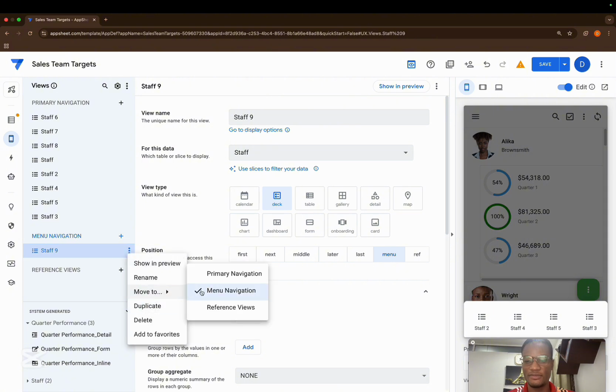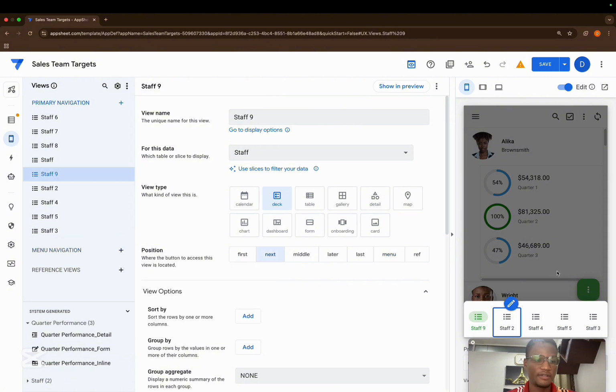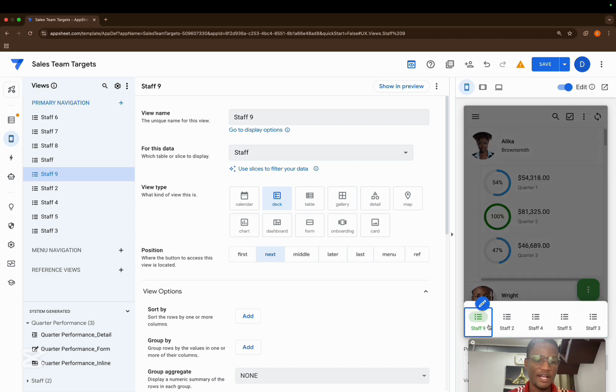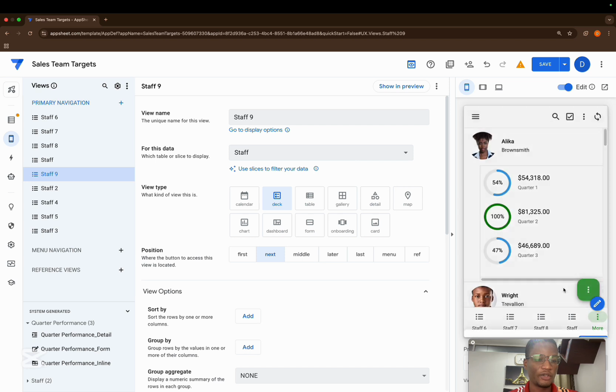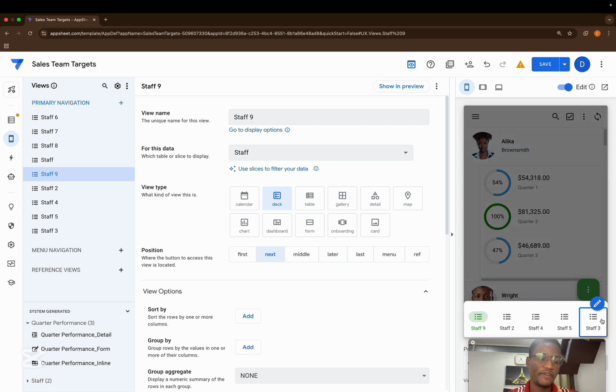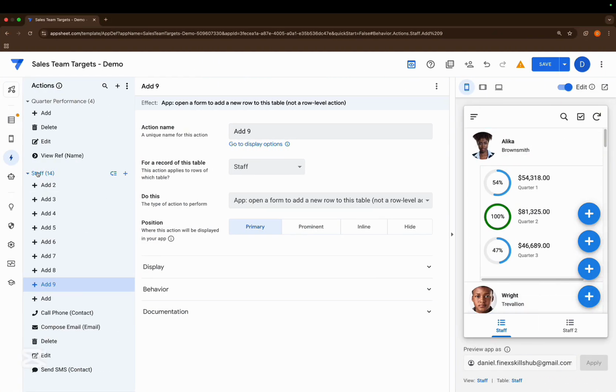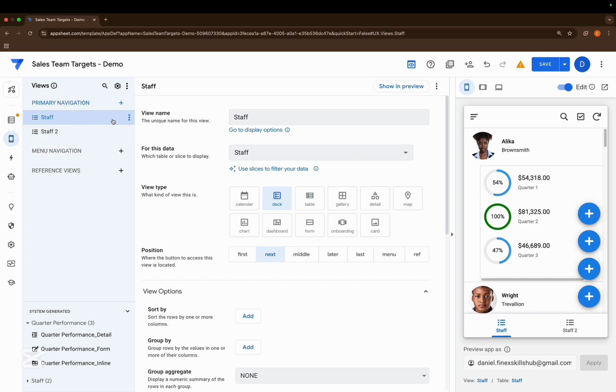So move to primary view. Okay, so over here I have 1, 2, 3, 4, 5. When I click more, I have an extra 5. So that's about 9 to 10 views that have been created over here. Okay, so this more option prevents you from crowding your main or primary view. Okay, now in the previous or in the old one, it wasn't that way. So in the old one, if you look at this,